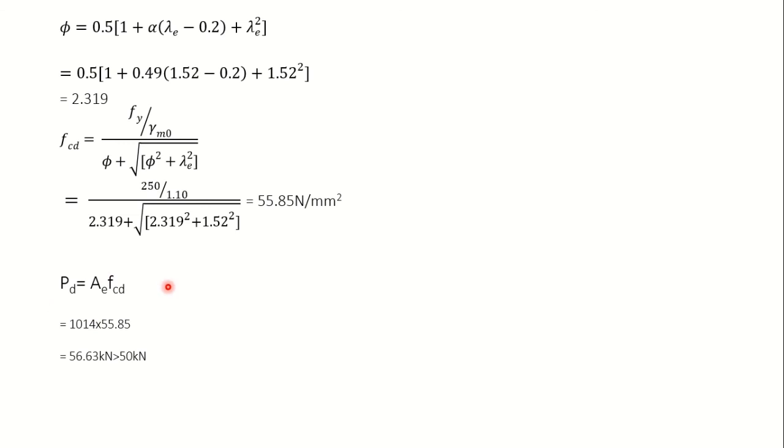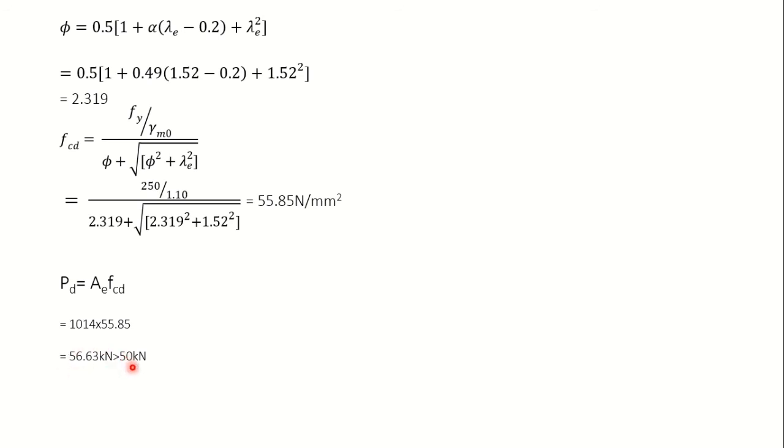If you substitute for A and FCD, the area of the section was 1014 mm square into 55.85. So this gives us a load carrying capacity of 56.63 kilonewton, which is more than the applied load of